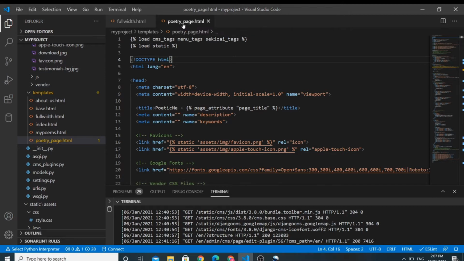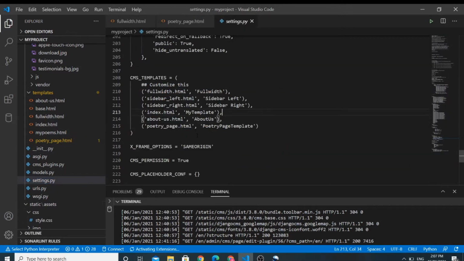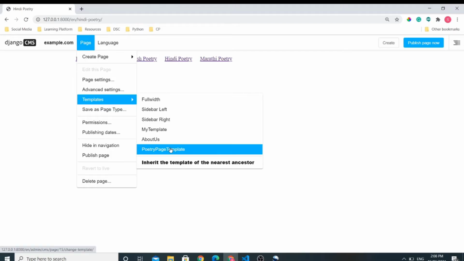I have created poetry page.html template and added this in settings.py file here as poetry page template. So let us go back and search for that template in our template section and activate this poetry page template for this page.